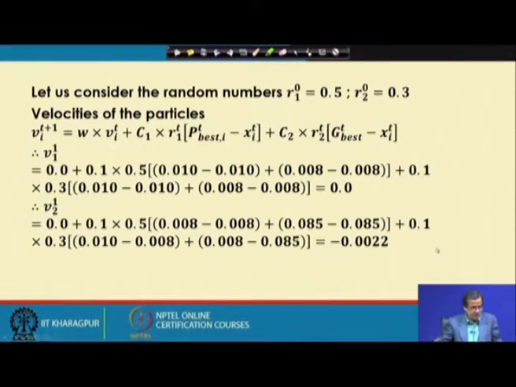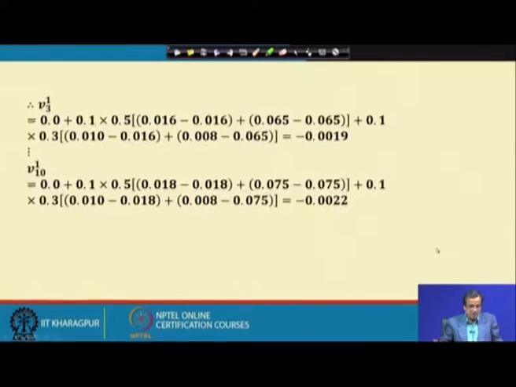Now, next we try to find out the updated velocity for the third particle in the next iteration, and exactly in the same way I can find out what should be V3, and the same procedure I will have to continue. Then ultimately I will be getting V10 with respect to t plus 1, and that is nothing but the updated velocity of the 10th particle in the swarm corresponding to the next iteration, using the same formula.